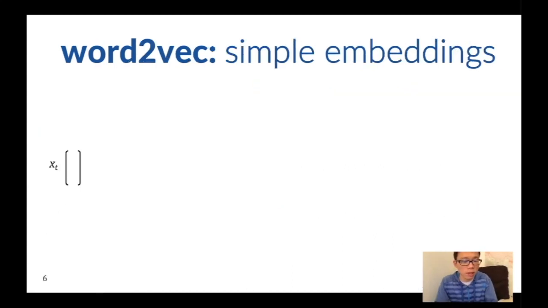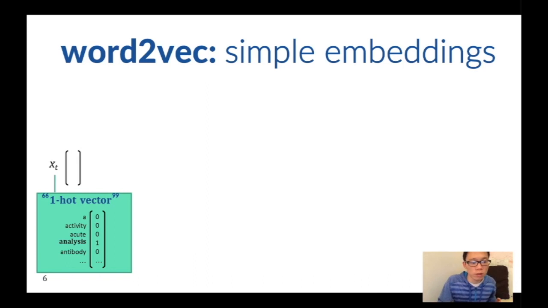Okay, so now when we get into the deep learning era, the model that kind of got everybody's attention and became really, really popular was called word-to-vec. And these are really simple embeddings. And this is in the deep learning era, but you might even say that it's not necessarily a deep learning model. In word-to-vec, we're going to try to do the same thing again. We're going to try to get vectors with numbers that represent words.